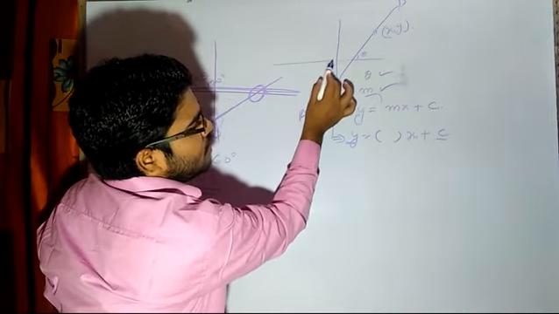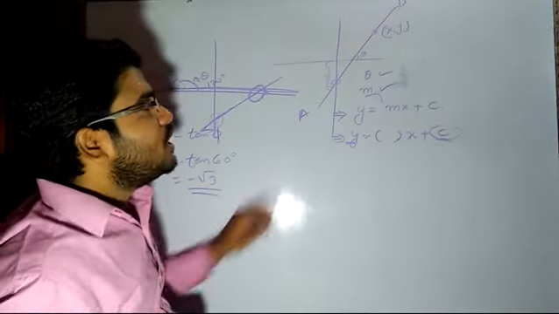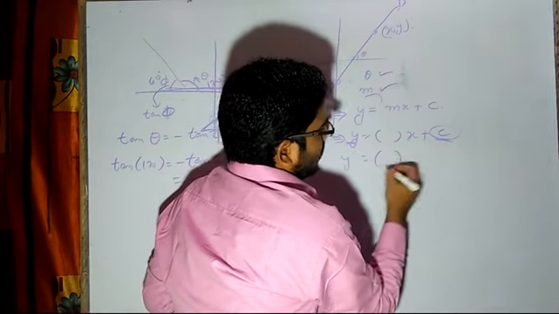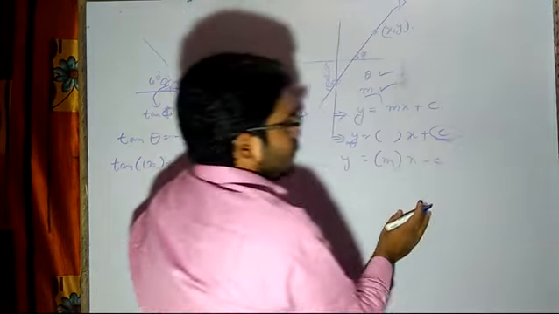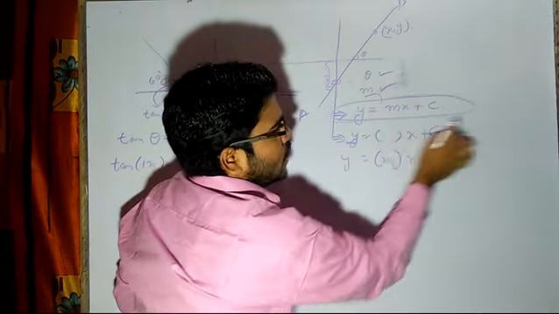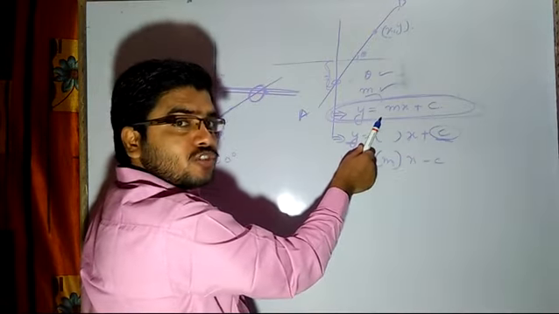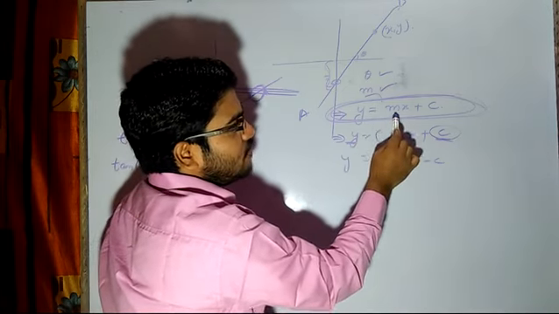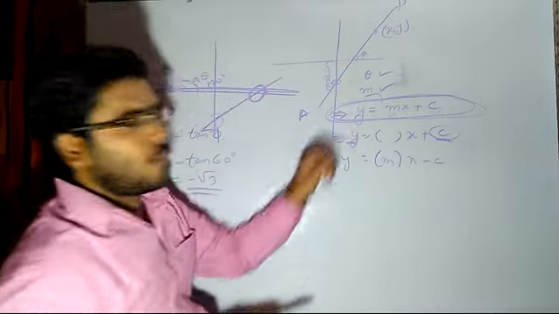What is the numerical value of this? That we are going to write. It may be negative, it may be positive. So right now it is negative, so the answer will be like y is equal to whatever numerical value times x, plus into minus, it will become minus c. So this is the standard form. You should always remember, you have to substitute the values in this equation only. Always you have to write the numerical values, that means the numerical value of m and the numerical value of c in this particular equation.